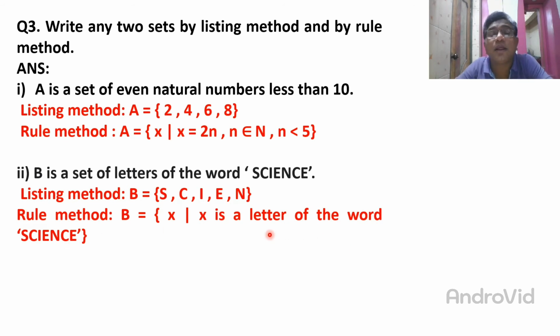You must remember here: after x such that x, you write the property according to which they are coming together. So which property is there? Science. Science is the what? Letter. Letter in which word? Which word? Science word. So whatever we write as your property, that property you must write in singular form. Don't write your property in plural form. Is that clear? So see here, B is the set of x such that x is a letter of the word science. Okay. Now rule method: B is the set of x such that x is a letter of the word science.